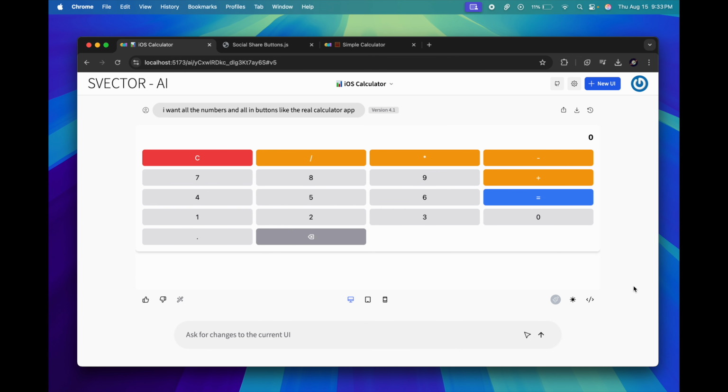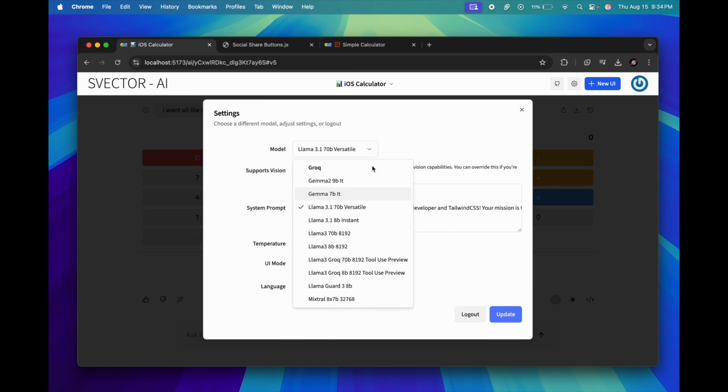Okay, so now finally this has created the complete full stack calculator app. Right now the models and the apps are in training and in beta mode, so it may create some errors. As you can see, it has created it in version 4.1. It takes 4 to 5 attempts to create a perfect app, but we will soon release our own models to integrate with it and create full stack apps very easily.